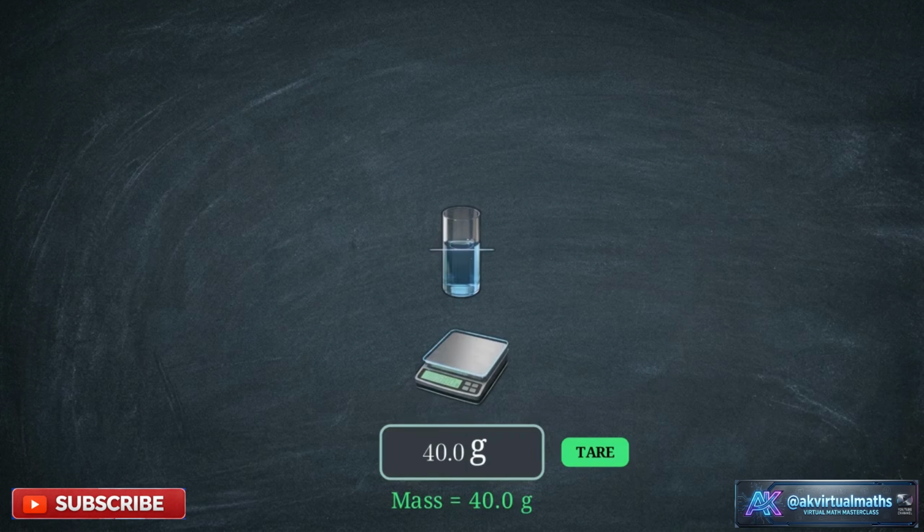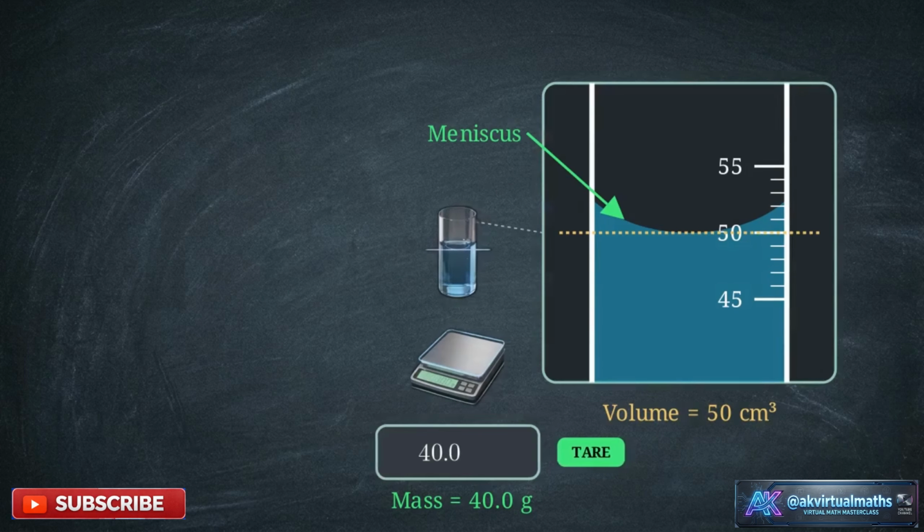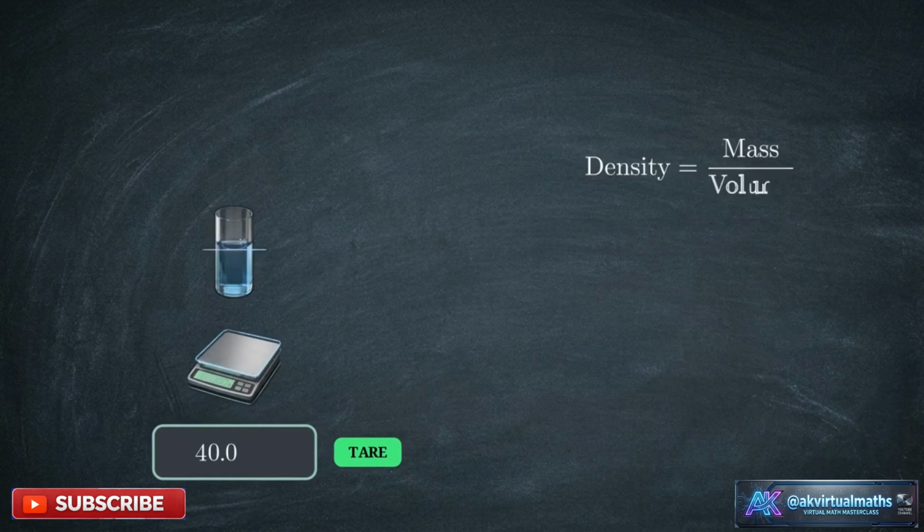Now we need the volume. Look closely at the surface of the liquid in the cylinder. It forms a slight downward curve, known as a meniscus. To measure volume accurately, read the scale completely horizontally, right at the lowest point of that curve. Here, it sits at 50 cubic centimeters. We divide our 40-gram mass by our 50 cubic centimeter volume, and we get a liquid density of 0.8 grams